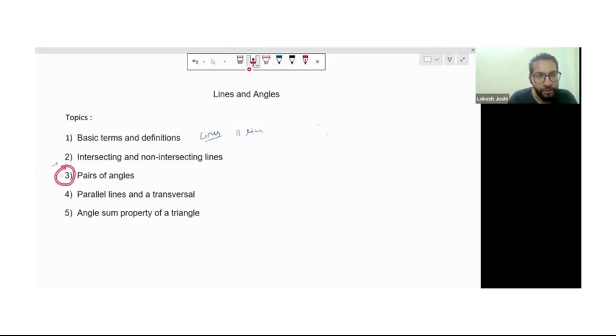After that, the third one, we have to do pair of angles. It's the property or magnitude when two lines intersect each other. We will do this in detail. Now, after that, we will do parallel lines and a transversal. And in this topic also, we have many more properties and some definitions. And the last topic of this video is the angle sum property of a triangle. So if we start the video,